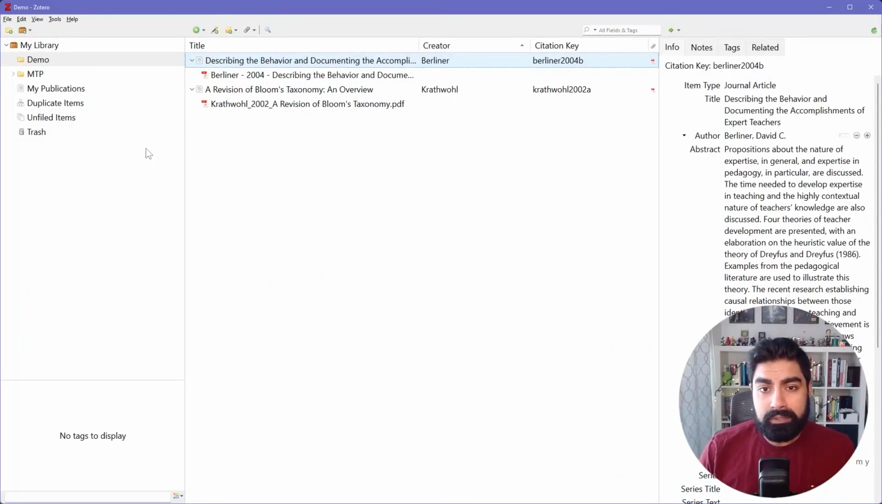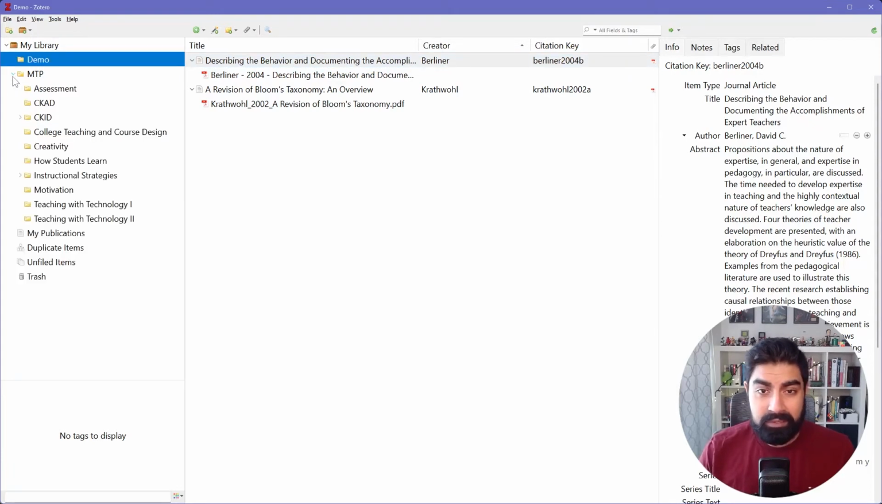So you probably don't want to have all of your articles stored inside of one folder, because over time you're going to amass dozens and dozens, maybe hundreds of articles. You can see here, if I go to my MTP collection, I've organized it by class. So I have a folder for each class. I mean, you could do it that way, or you don't have to do it that way. But just to show you how to create these folders and how to get a more manageable structure,